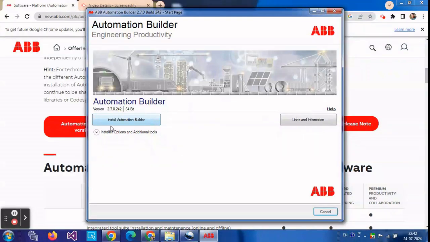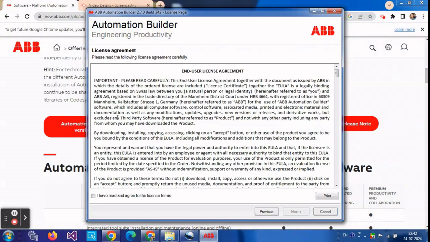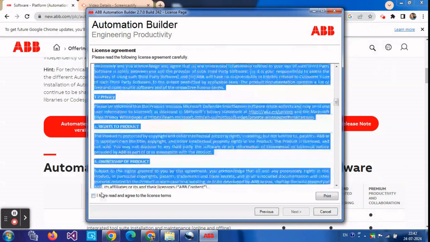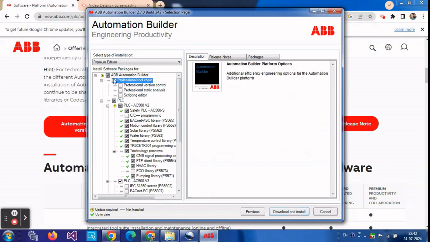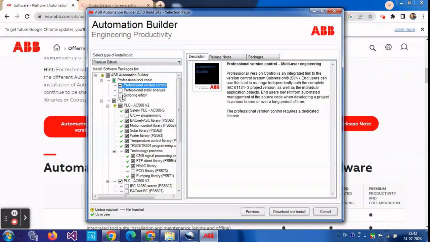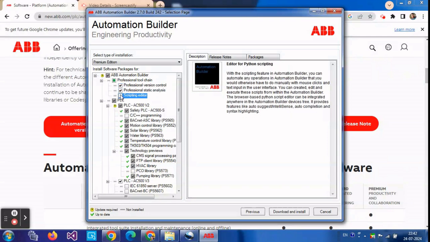Then install Automation Builder and agree, tick and next. Then click your useful libraries and